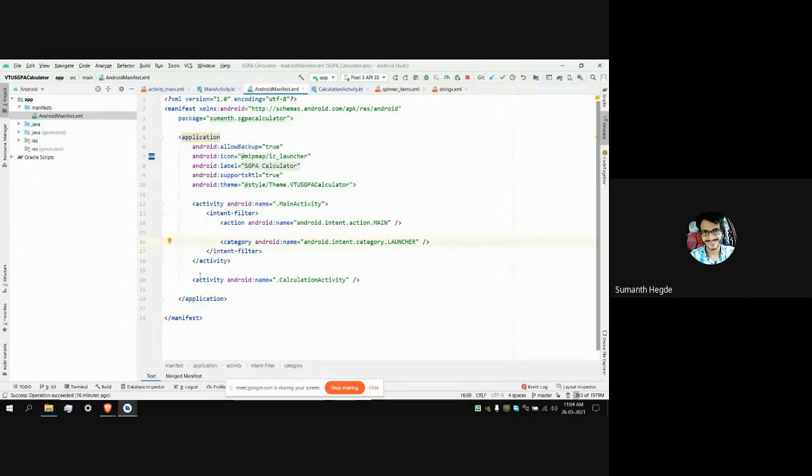If you want to use any activity inside our app, it should be declared in this manifest file. If we try to access any activity without declaring it in the manifest file, it will give exceptions during runtime. So let's move on to the layout files.